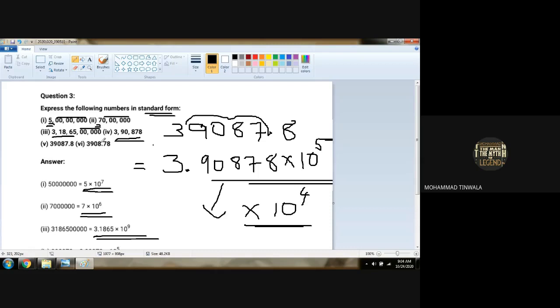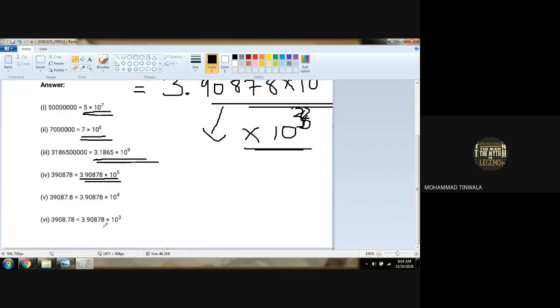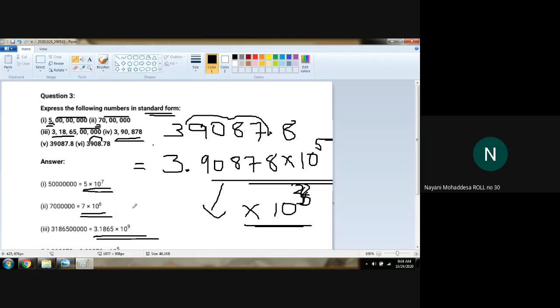અહીંયા આ કેટલા ડિજિટ પહેલા જવું જોઈએ? 3 ડિજિટ પહેલા. Are you getting? So 10 raised to the power 3 થઈ જશે. Sorry. જો 3 ડિજિટ જવું પડે તો 10 raised to the power 3. Any doubt with this? અહીંયા 10 raised to the power 4 આવશે કેમ કે 4 ડિજિટ જ ગયા ને, 1 2 3 4. 4 digits you have to take. Got it, girls?